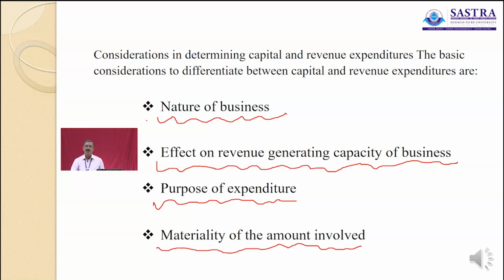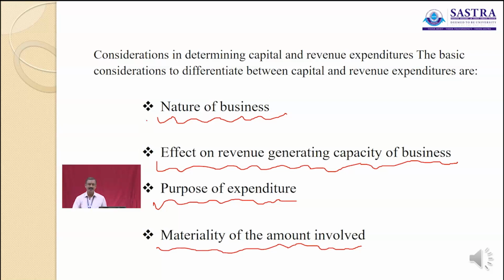And out of the capital expenditure, anything derived for more than one accounting period and recorded as a receipt will be capital receipt, and out of the revenue expenditures, anything realized in less than one accounting period and recorded in the books of account as a receipt will be known as revenue receipt.